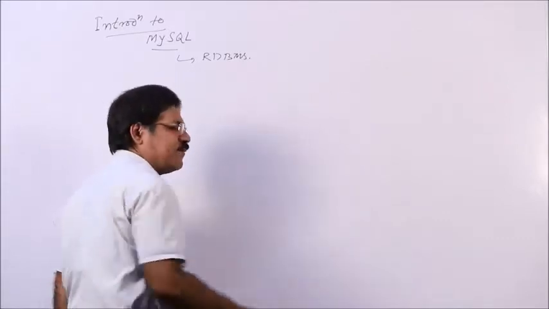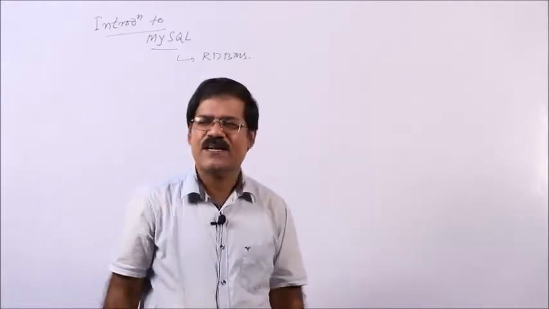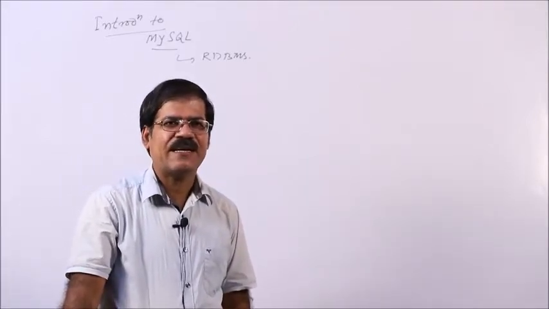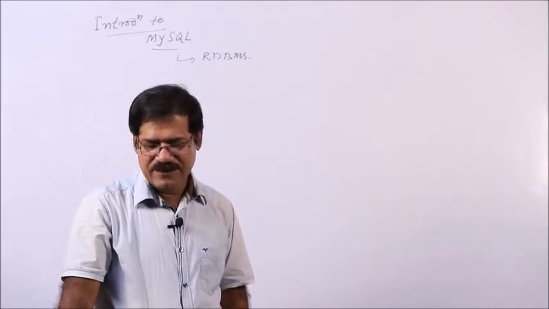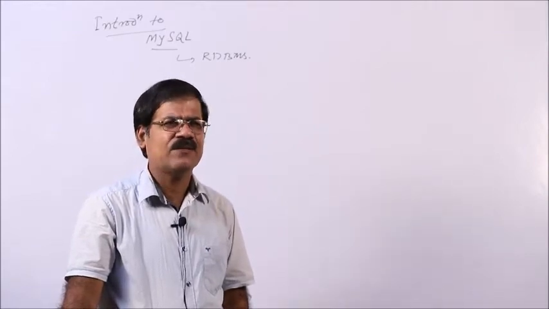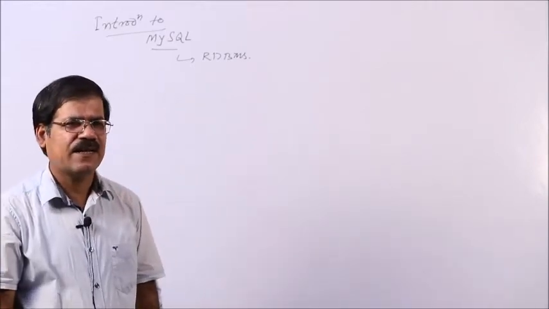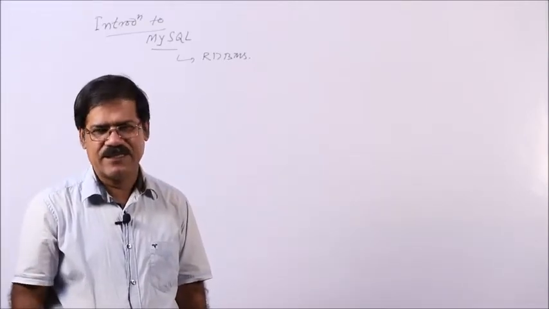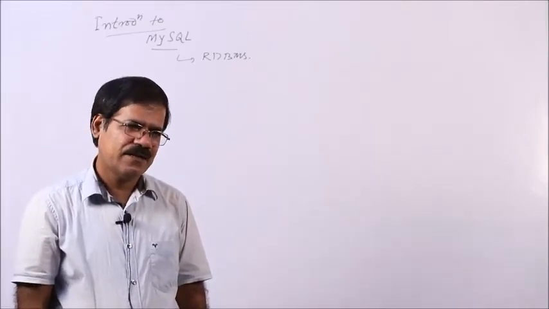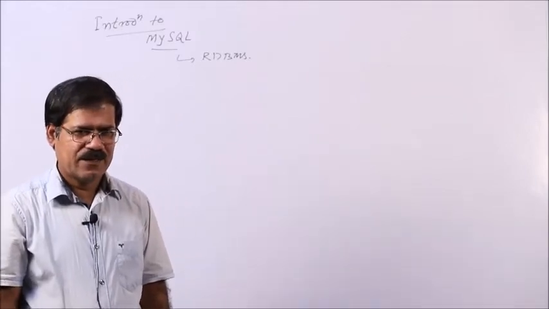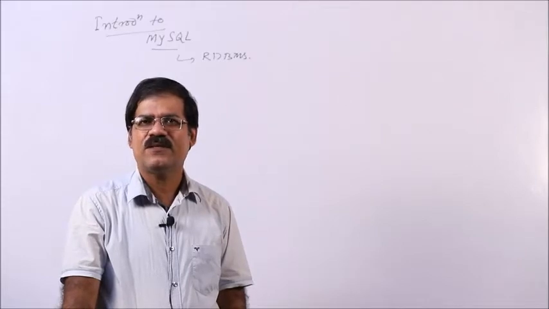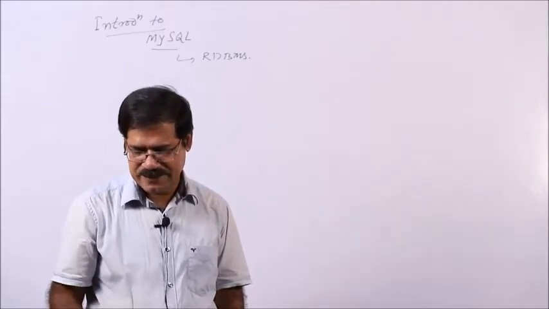Like in C language, there are different data types: integer data type, float data type, character data type, string data type. So, different data types we are using in C language or maybe in C++ language. Before using any data, you have to declare what type it is, whether it is an integer type of data, a floating type, a double type, or a character type of data. So, you have to declare what type of data it is.